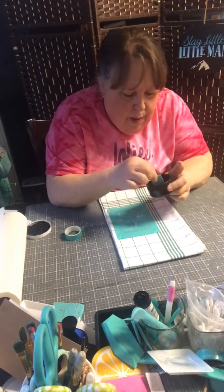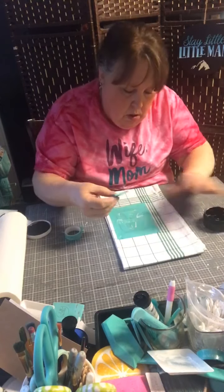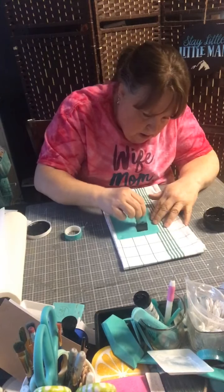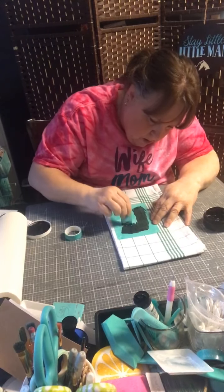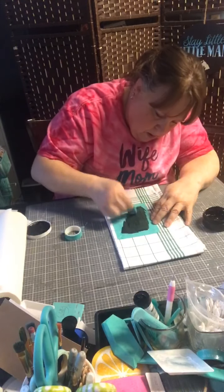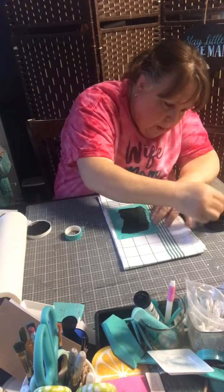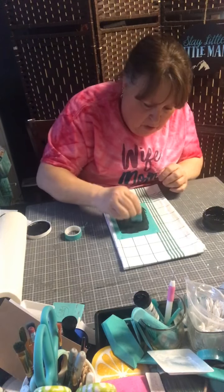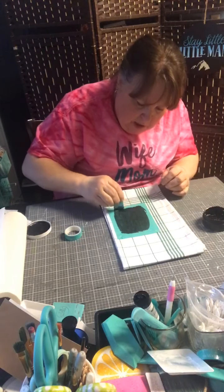And this is my black ink. There's not a lot left in here. I have another full one down there somewhere. Okay, make sure that's all pushed down there. And you just run it right over the top. Don't push too hard. You don't have to push real hard, especially with inks. You want to make sure it gets down in there, but